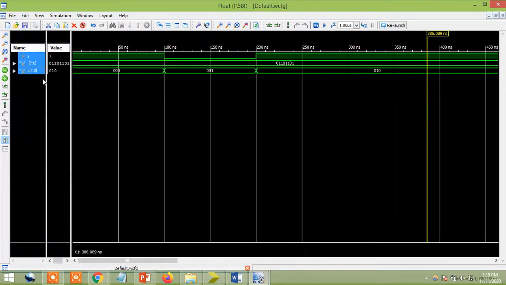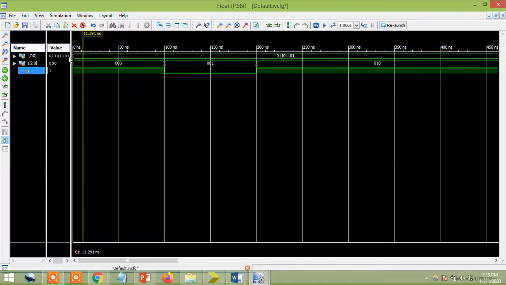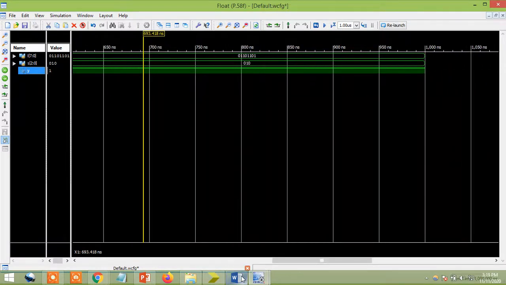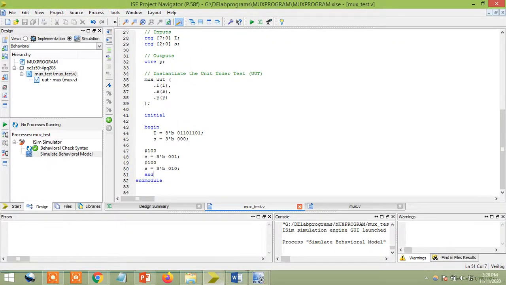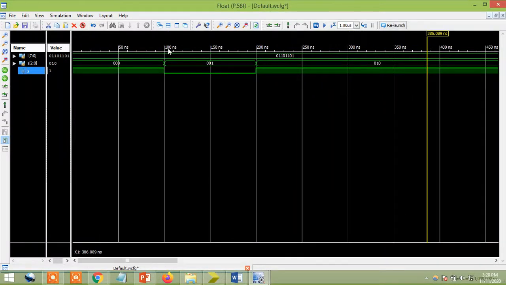See, just click Y and take it to here at the end. Now the I value is taken as the same value. So initially if it is 000, I'm getting 1. Next, the second bit I of 1, for 001 I'm getting the value 0. For 010 I'm getting this condition. The remaining conditions are not coming here because you are using the initial statement. In the initial statement you mention you want to display 000, 001, 010 after 100 nanoseconds. You can verify the time also. I've given 100 nanoseconds, so every 100 nanoseconds something is changing. You can see that it changes in nanoseconds. That is our intention. Clear about this one?